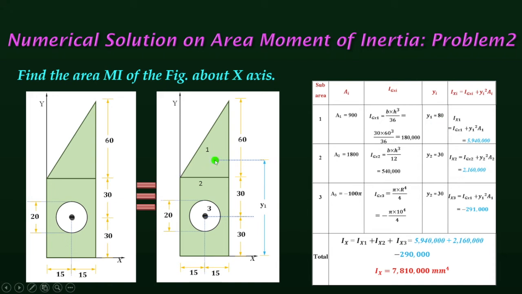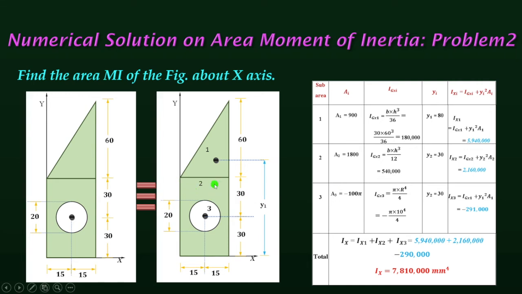I repeat, we know for a triangle, the centroid is 1/3 of the height. Total height is here 60. So if the axis is along the base, from the base it is 1/3 of the height. So from here to here it is 1/3 of this height. Means 60 by 3, so here to here it is 20. But our x-axis is here. So what's the distance from here to here? This 60 plus this 20 plus 8.